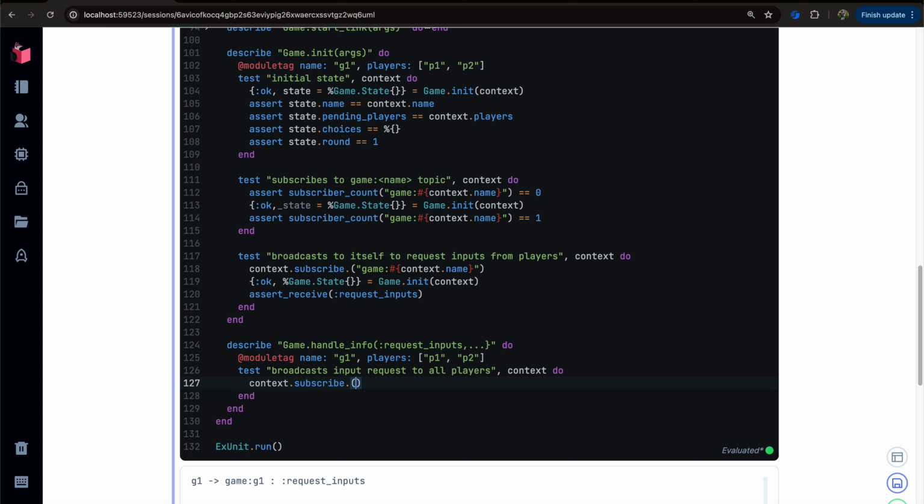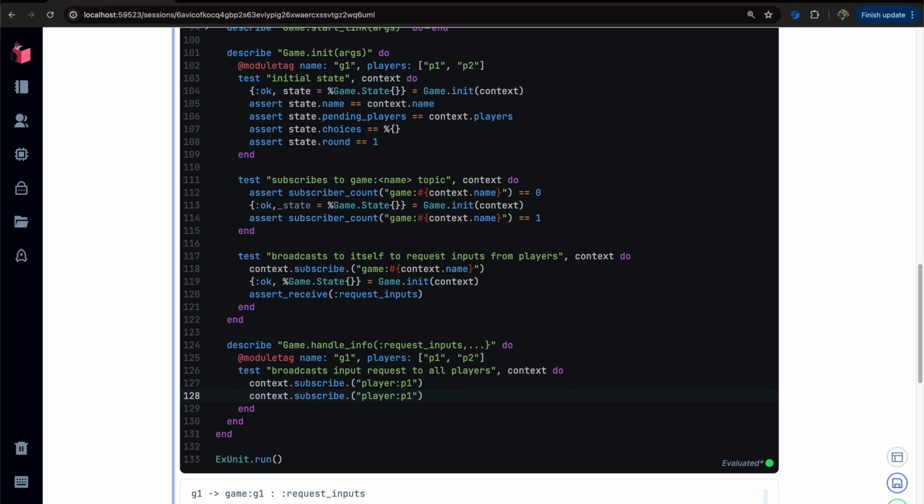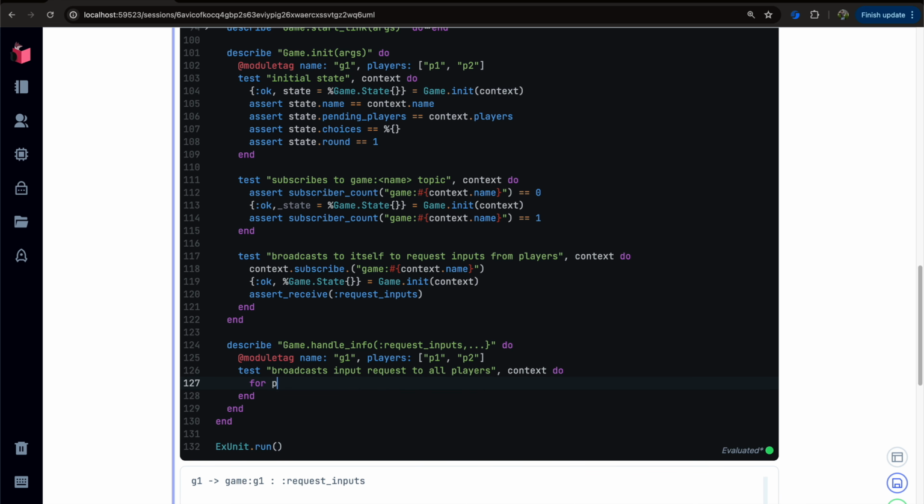Subscribe, and it's going to be player hash. Oh, that's fine. It's going to be player P1, player P2. Although really what we should do is for player in context of player players do,